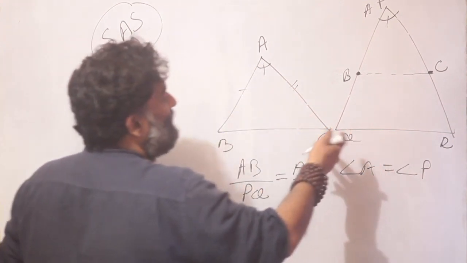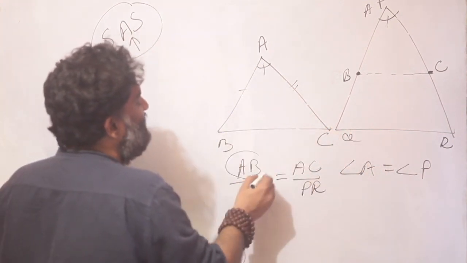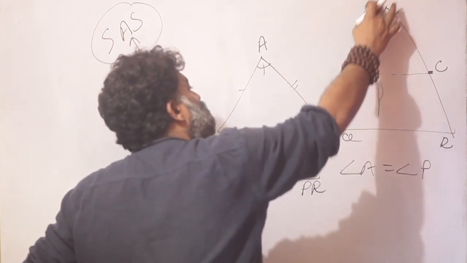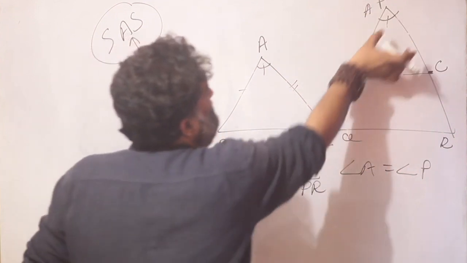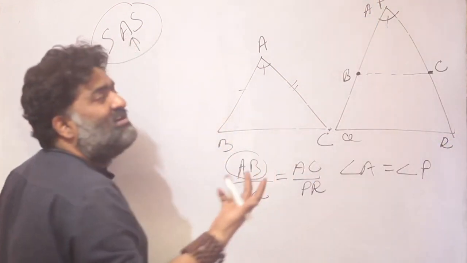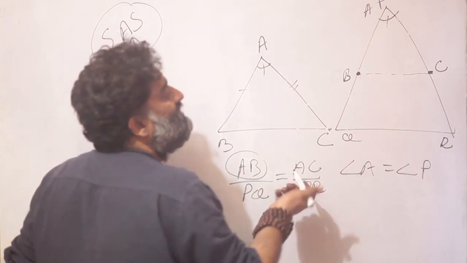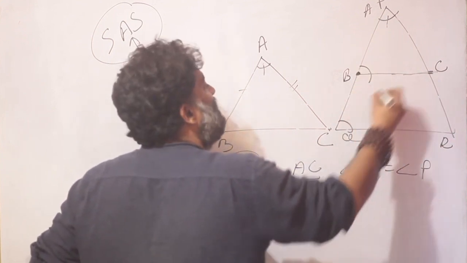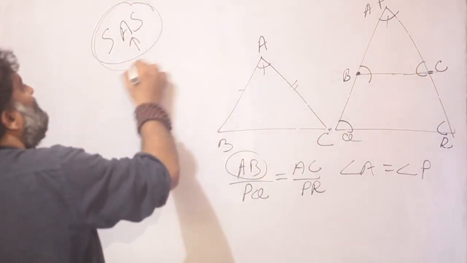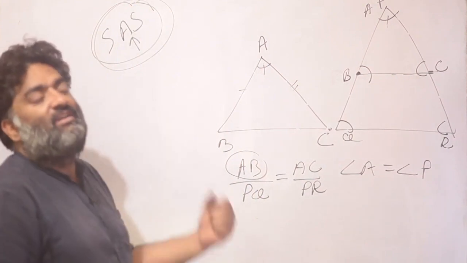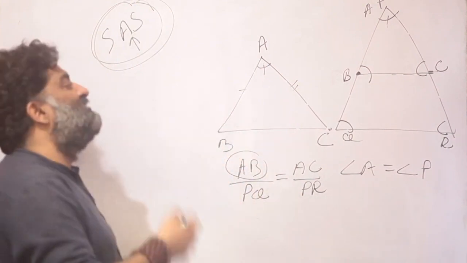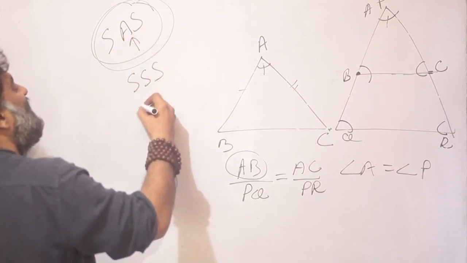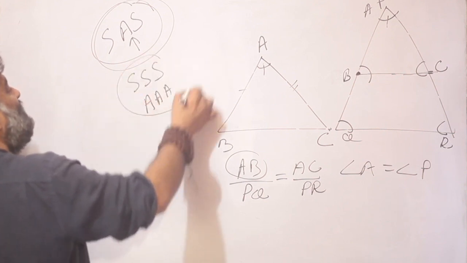So is that true? And yes, it is true, because if I look at it, the information that I have, it says AB upon PQ. That means this part to the whole is the same as this part to the whole, which is another interpretation of the basic proportionality theorem. That means these two lines are parallel to each other. That means these two angles are equal, and therefore if this information is given to me, I can definitely say that these two triangles are similar to each other. So a quick recap, I have SAS, I have SSS, I have AAA for easy reference so far.